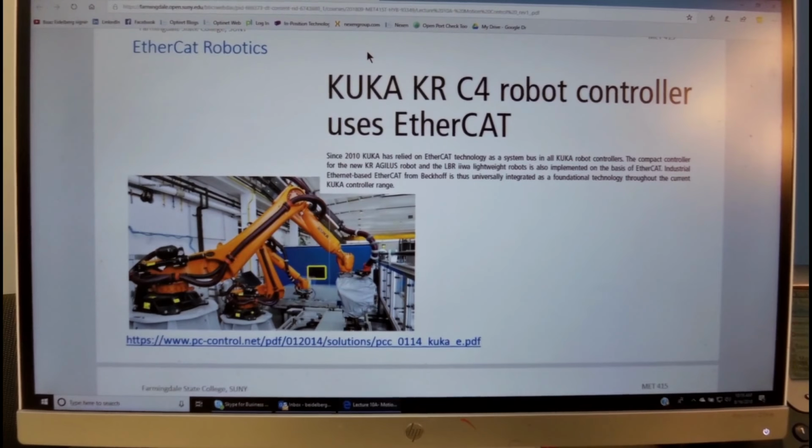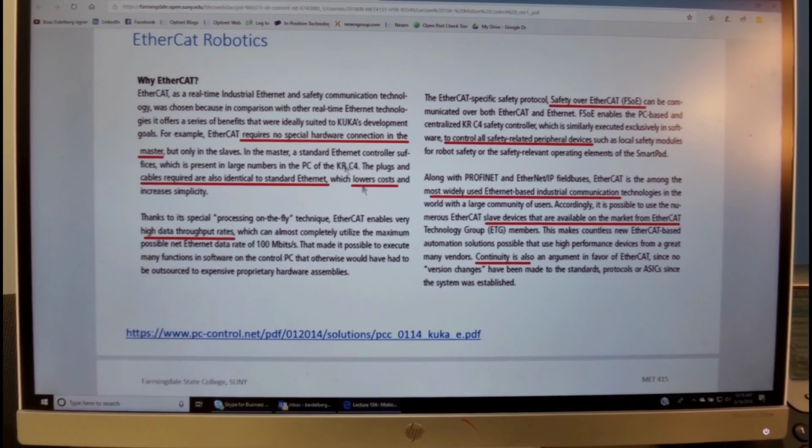KUKA is a major robotic company in Germany, using EtherCAT for controlling the robot, and it's having various advantages as they're specified over here, requiring no special hardware in the connection to the master. It simplifies again the cables, which means lower cost.